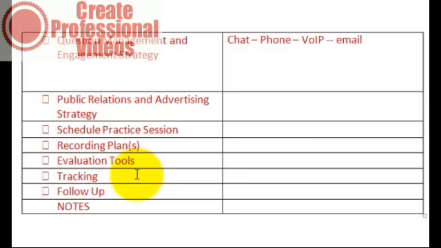Again, you want to track. You want to see how many people registered and how many actually showed up. Among the people who showed up, how long did they stay and how engaged were they? There are different tools on different platforms that can actually help you measure engagement. You can actually see with some platforms whether people are multitasking and doing something else besides just listening to you. And then what kind of follow-up are you going to have?